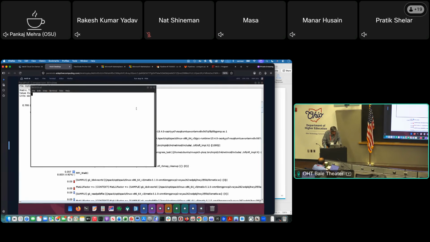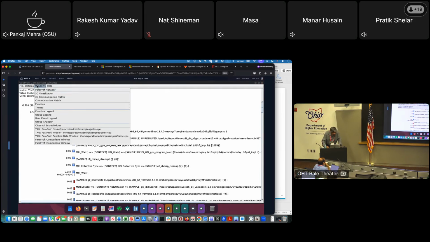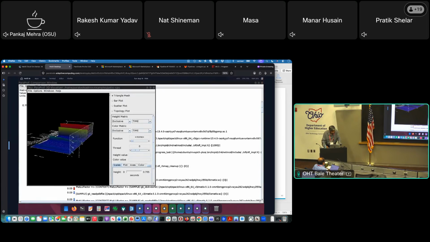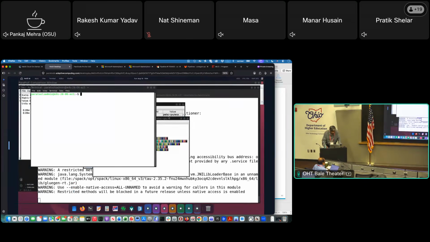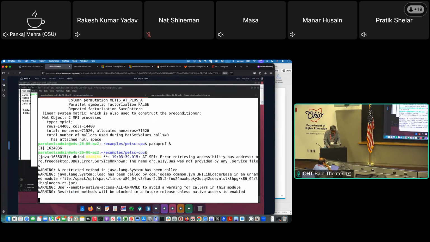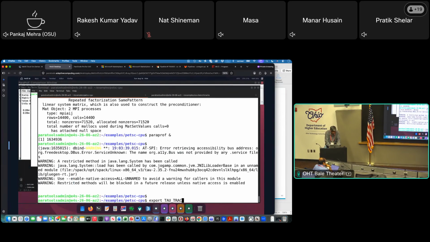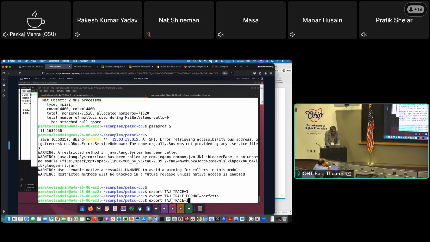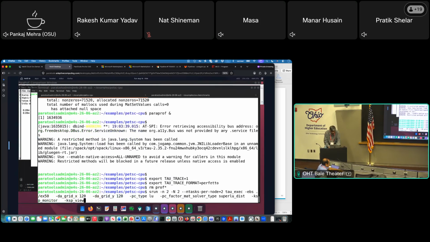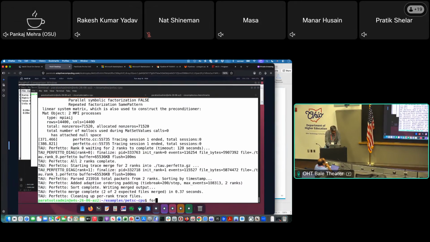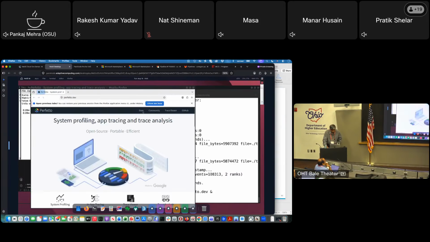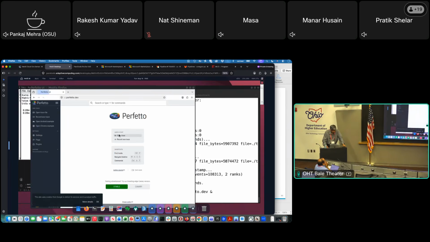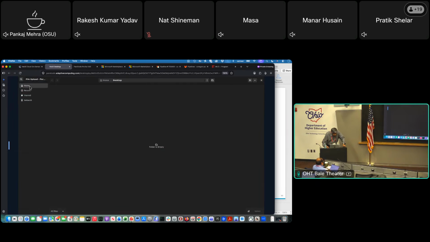You can even see a 3D graph if you just go to the windows and say 3D visualization, and you can see the 3D plot in tau. But if I want to see what happens along a timeline, I can just say export TAU_TRACE=1, export TAU_TRACE_FORMAT=perfetto, like this, and just rerun this application, remove the profile files, and rerun this with srun like that, and then launch Firefox and go to perfetto.dev like this, and load the trace file and open the UI, open the trace file,